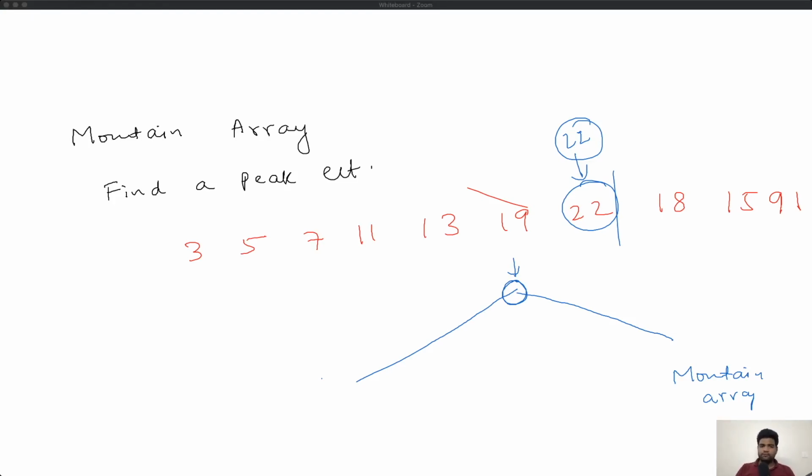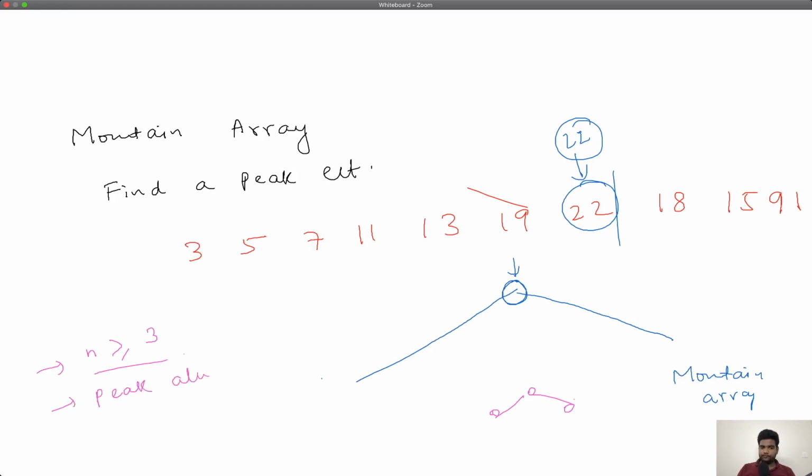A couple of clarifications. Whatever array you will be given, the size of that array will be greater than or equal to 3, because you need at least 3 elements to define a mountain, right? And the other part is you are given that the peak always exists.